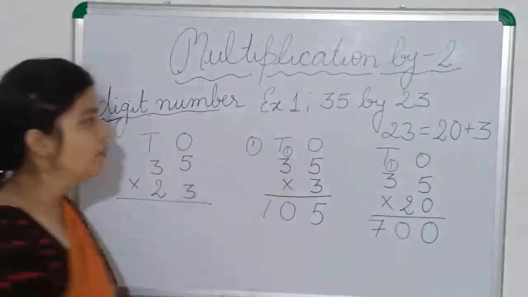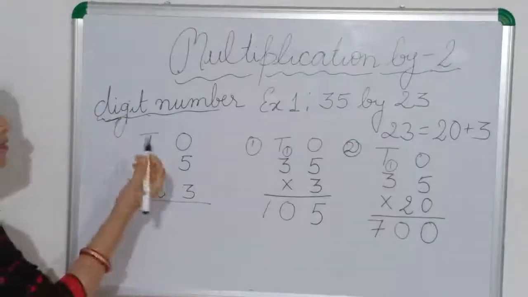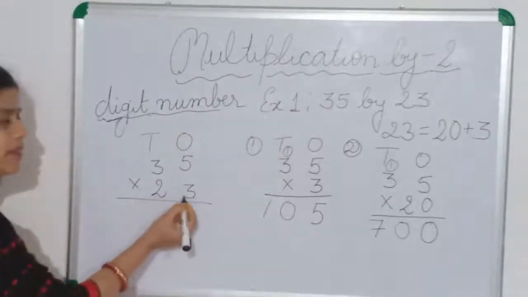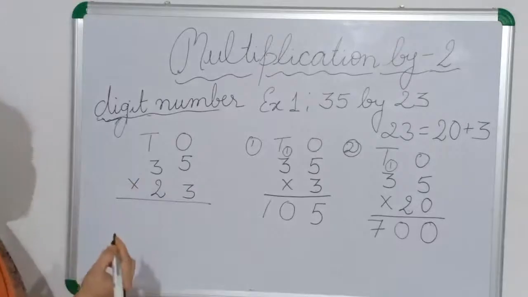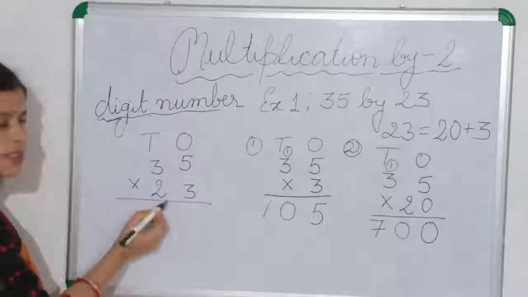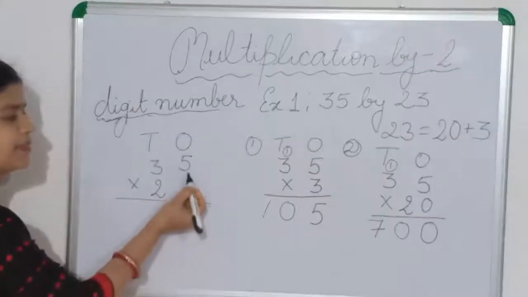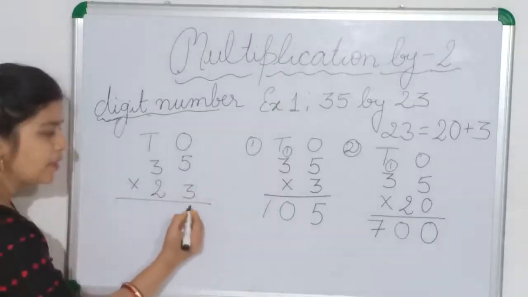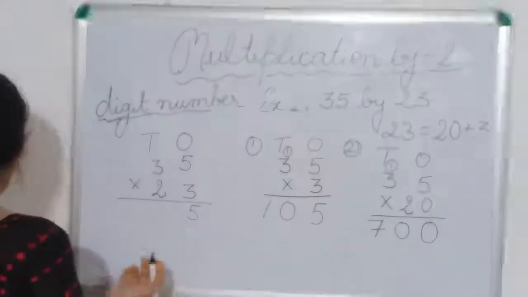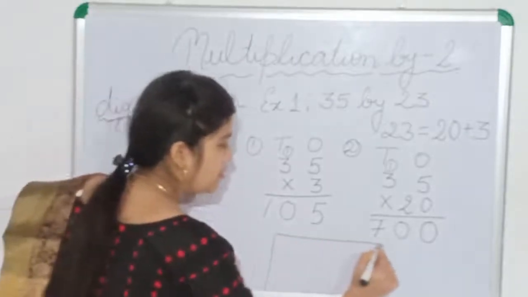Instead of doing first and second step one by one, we can do it directly here, okay? When we have to multiply by a two-digit number, first we will multiply by the digit which is in ones place. Never start from this side, always start everything from this side, okay? So first we will multiply 3 into 5, that will be 15. 1 you can either carry in your finger or you can write somewhere in rough. So you can do the rough work here, okay?